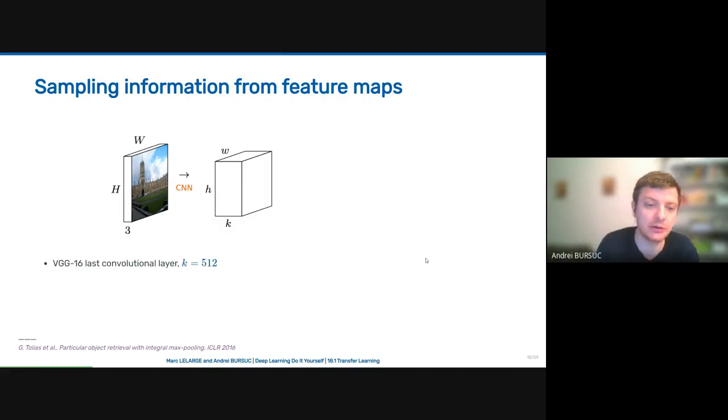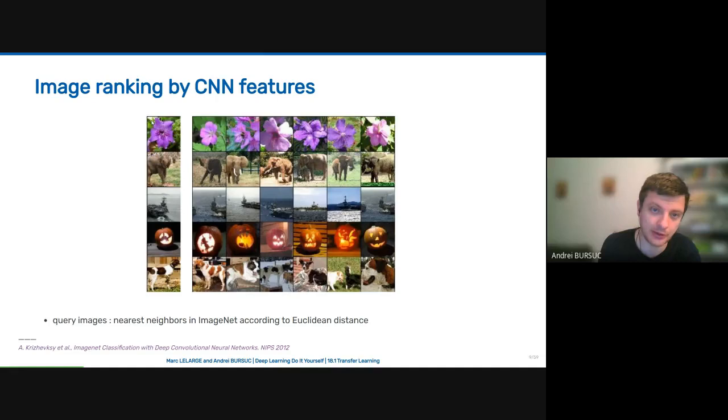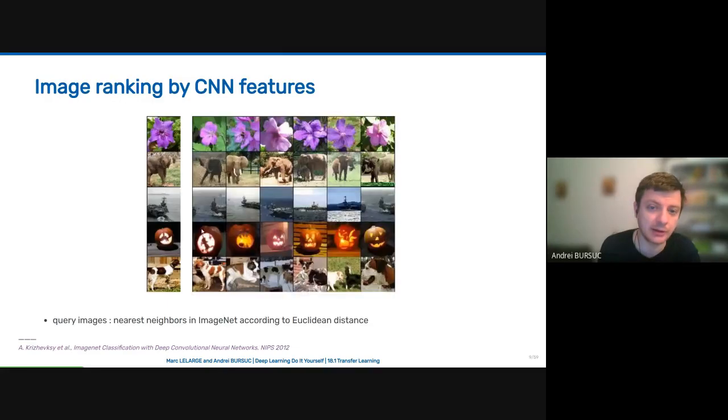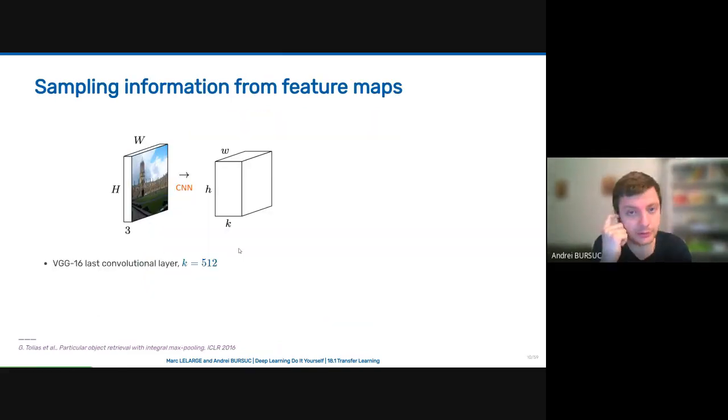People noticed that when you do this, you take the features from this last layer. Features tend to be more semantic since they're closer to the last classification layer. So you might not get exactly the same object. Here we have different pumpkins, but not exactly the same pumpkin. Sometimes you might be interested in retrieving exactly the same object. So in order to do that,